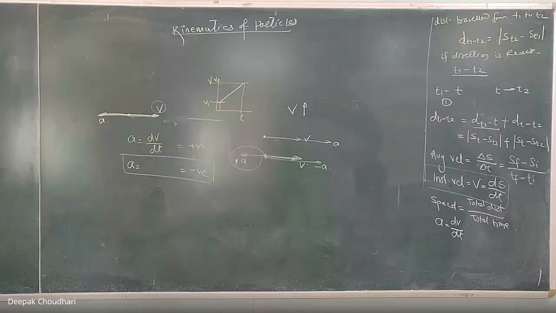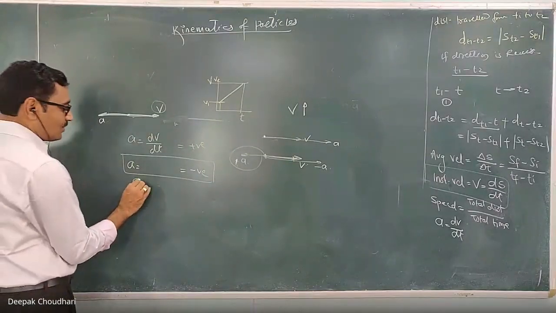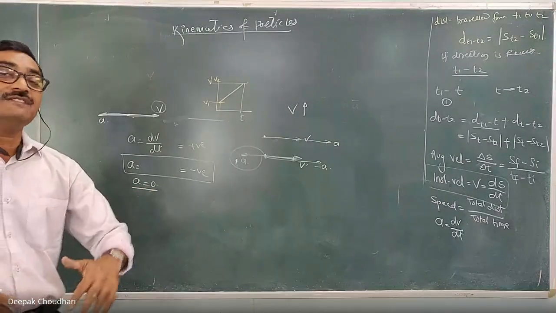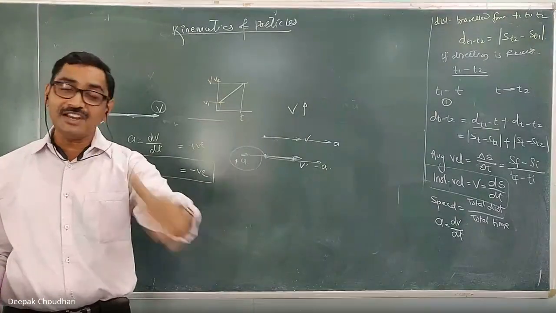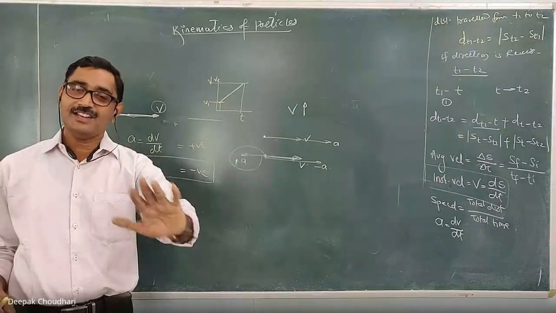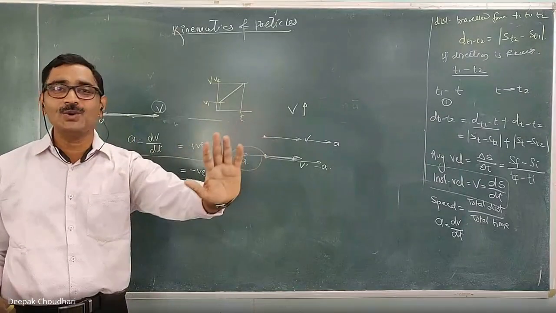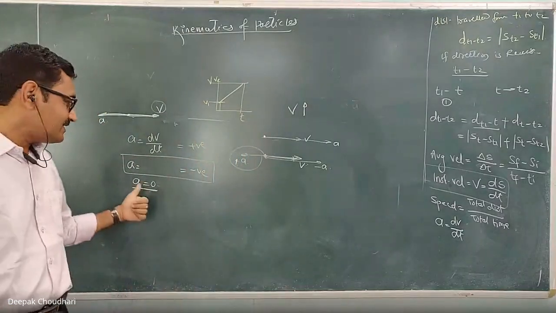Okay, so negative acceleration means the velocity decreases, positive acceleration means velocity increases. And if the acceleration is zero, it means that the rate at which the velocity is increasing, that rate is zero. Velocity will be there, लेकिन उसका जो change होने का rate है वो rate zero हो गया. That's why acceleration is zero.